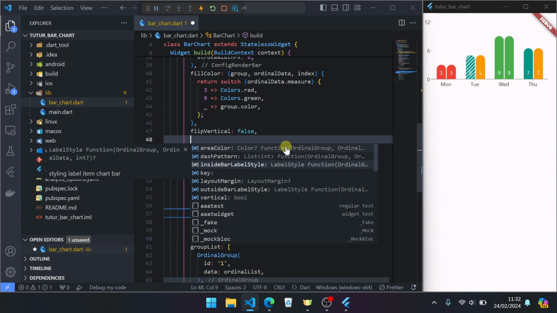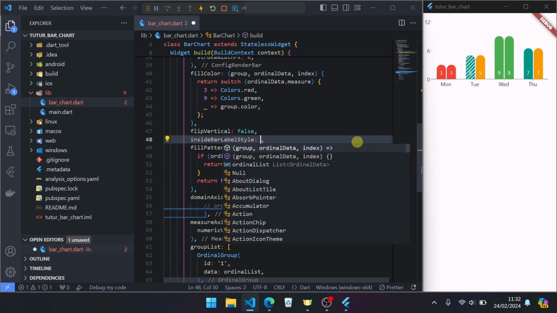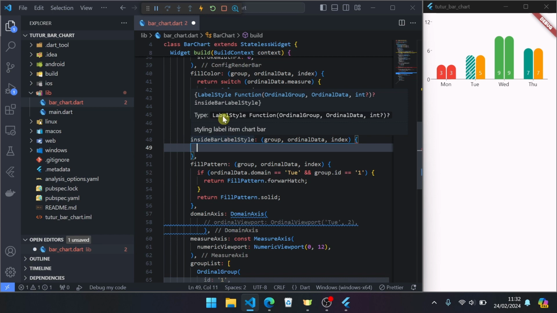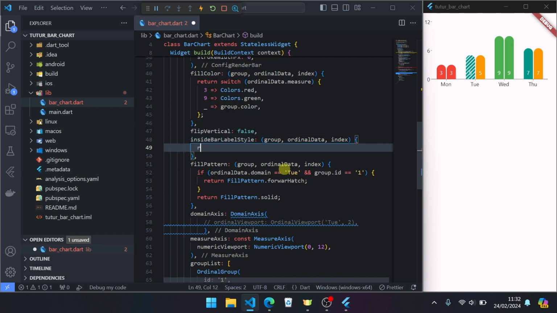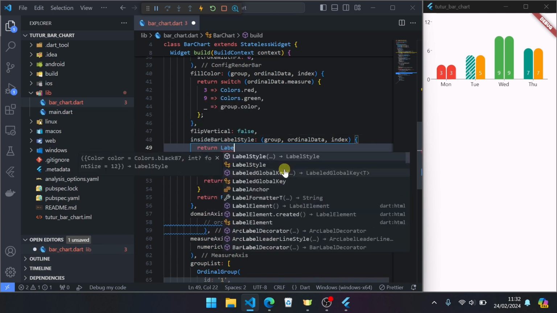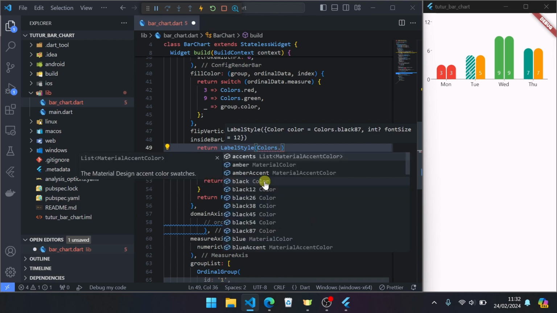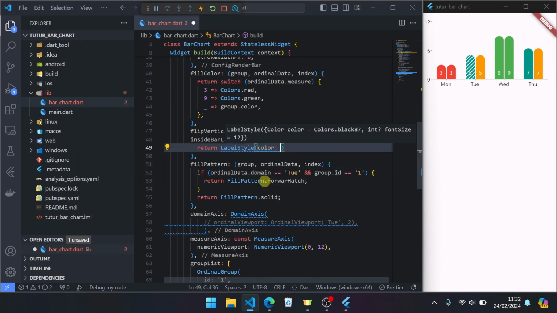Next, inside bar label style. If you want to style the label inside bar, like 3, 5, 9, 7 here, you can use inside bar label style. This is custom. Return type is label style, and use return label style. For example, you can change from white to black, colors black here.